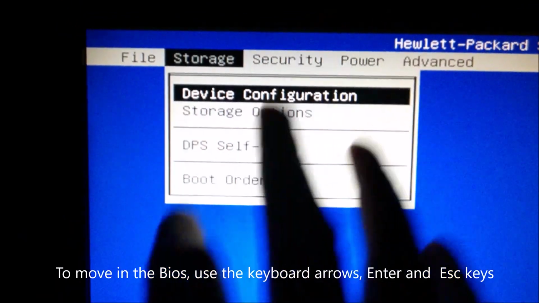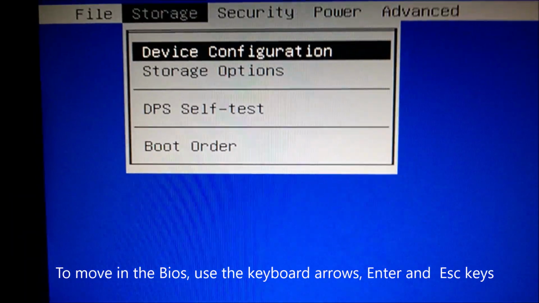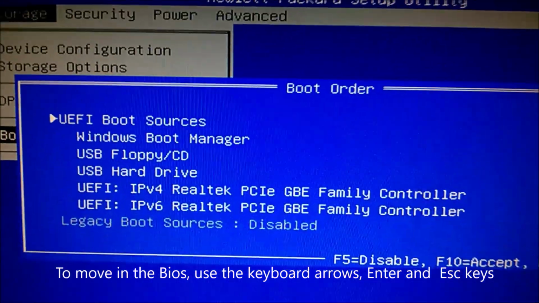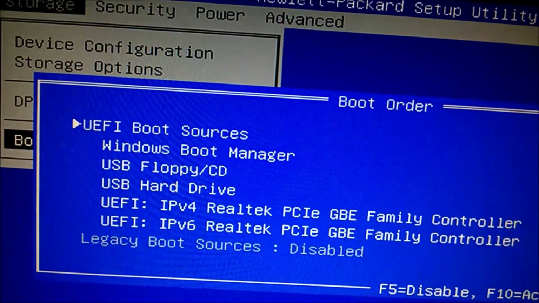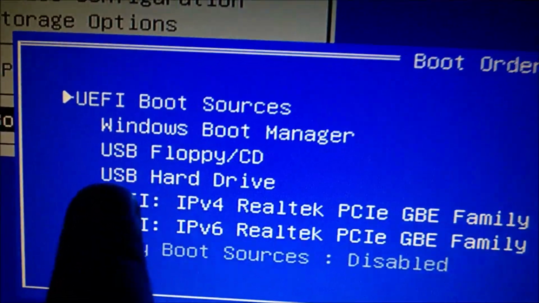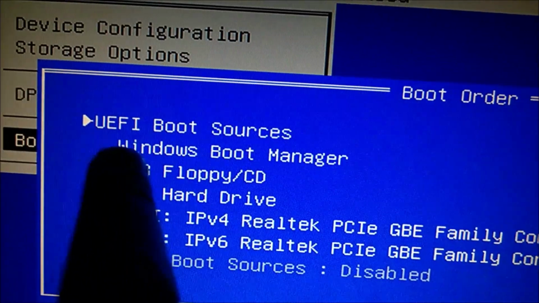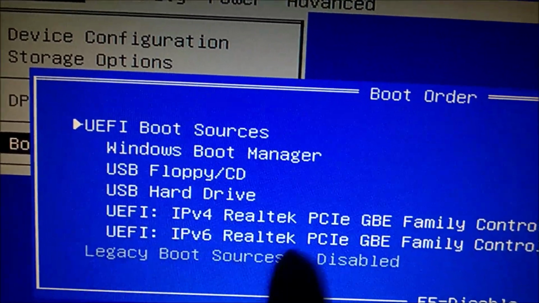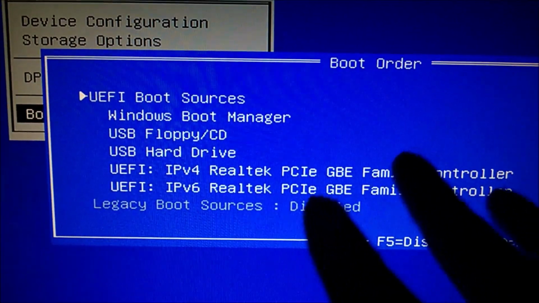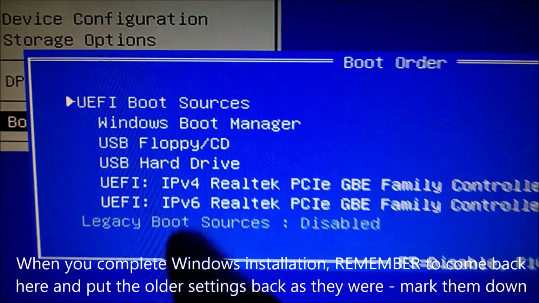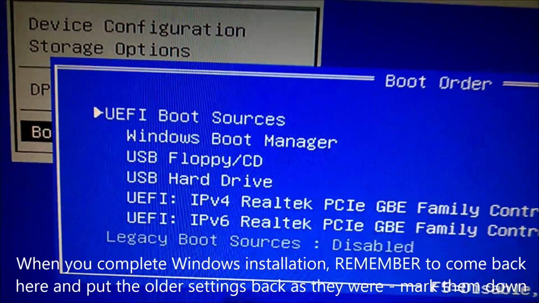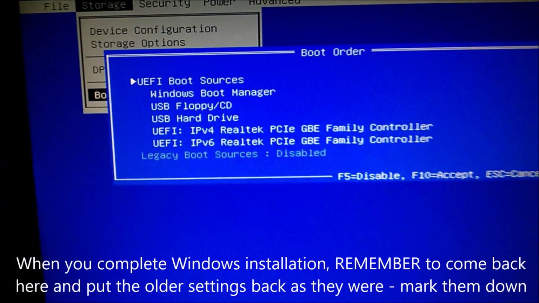It may not be in the same menu, but you need to search for that one. We are going to use the keyboard with arrows and enter. The mouse won't work at this point, perhaps. On some computers it may work, but not on mine. Now we get into the boot order, and we need to put the USB hard drive as the first one in the line. But remember that once you've finished installing Windows 10, when everything is done, you need to go back into the BIOS and put it back in place, with the hard drive first in the line. So maybe take a picture to remember which one was first in the line.